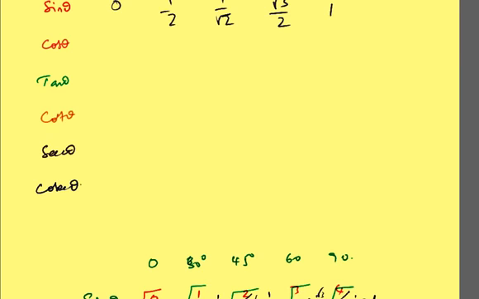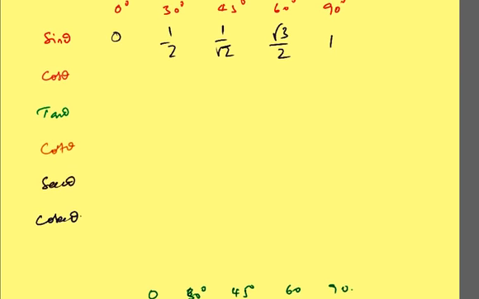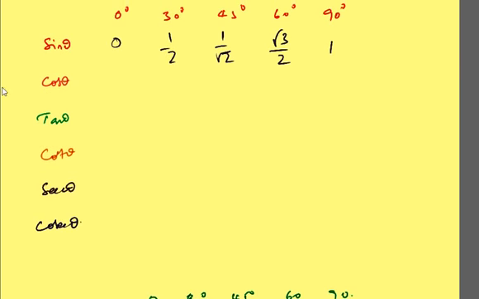From this we'll try to fill up the values of cos. Cos and sin are similar, friends, but in reverse order. Sin from 0 to 90 has these values, and cos will be in reverse order. Cos 0 will be 1, cos 30 will be root 3 by 2, cos 45 is 1 by root 2, cos 60 is 1 by 2, and cos 90 is 0. Sin 0 is 0, cos 90 is 0, so that is how we'll write the values.